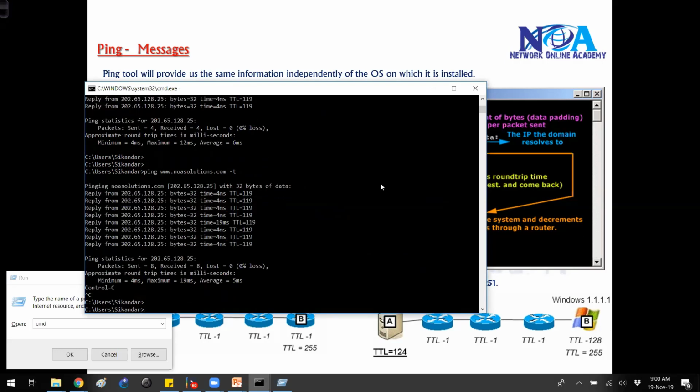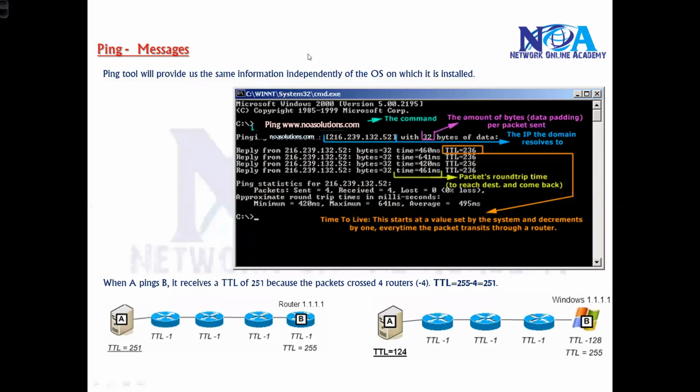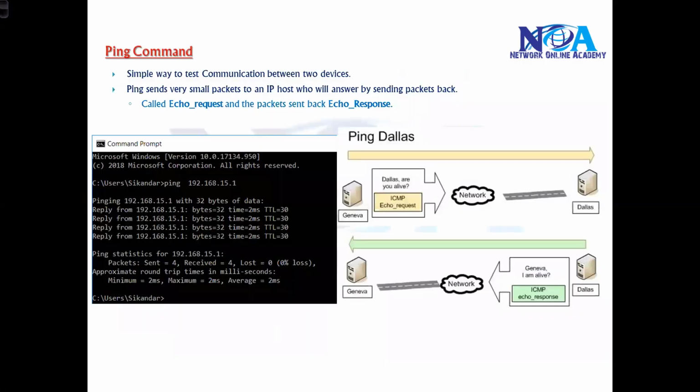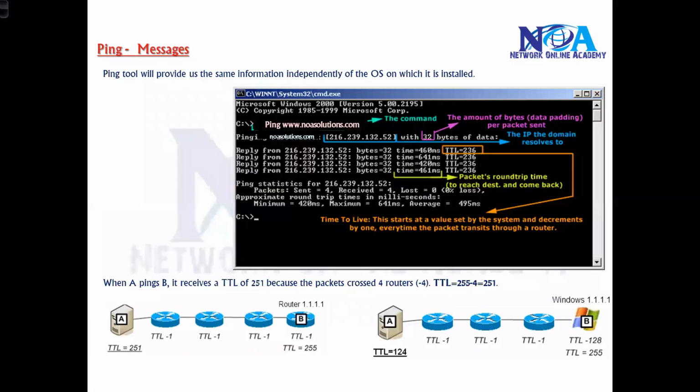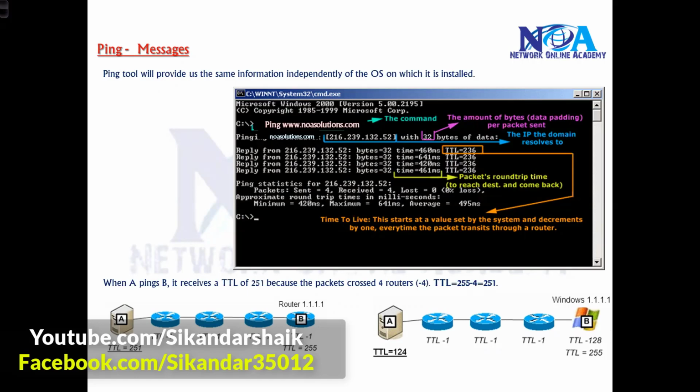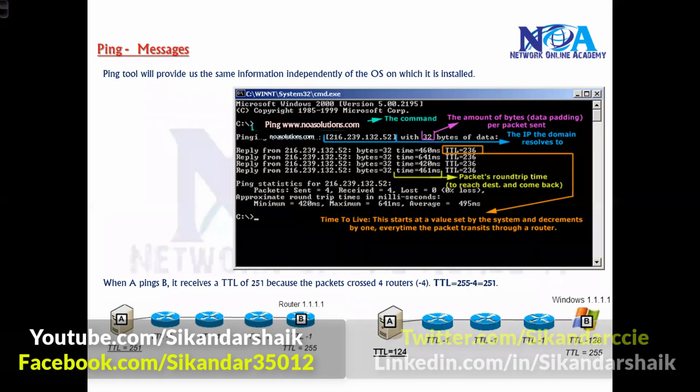So these are some of the options you will see with ping. The ping utility is used to test the communication between two devices, and it sends out an ICMP request, and the reply is an ICMP response. By default, it generates 4 ping requests on a Windows machine. It may vary on a router, the number of echo request and echo reply messages it sends. And again, we have discussed that the TTL value defines the hops, which will decrement. Then we have time, the round trip time, and then the payload, which is the size of the packet sent by the source machine.